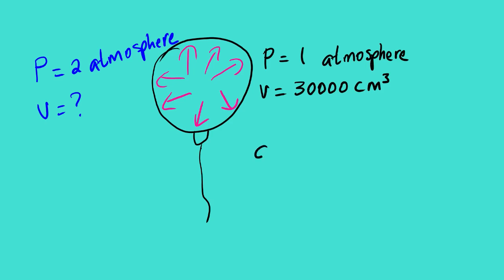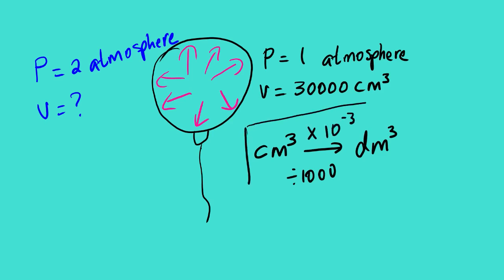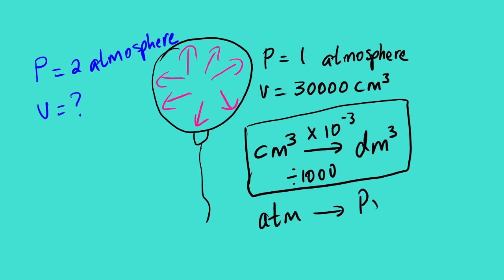Now you should know that from centimeter cube to dm cube, we actually divide by 1000, or we can multiply by 10 to the power negative 3. This is the conversion. And then from atm to pascals,